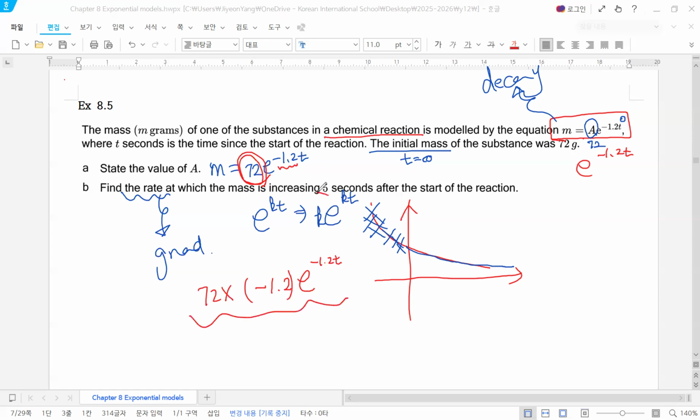And then 5 seconds after. So when t equals 5, substitute 5 here. And then by using your calculator, you can calculate 72 times negative 1.2 times e to the power of negative 1.2 times 5. What is it? Negative